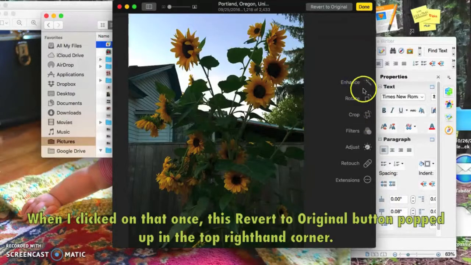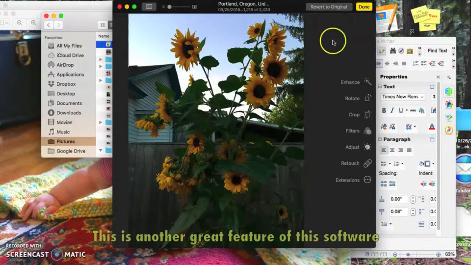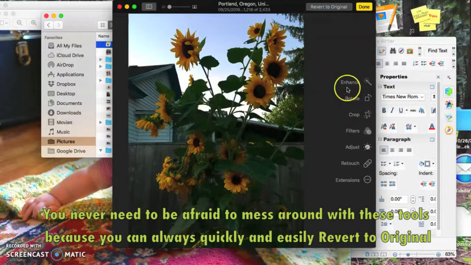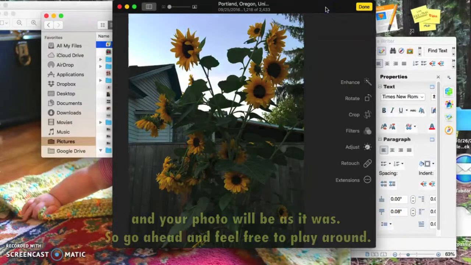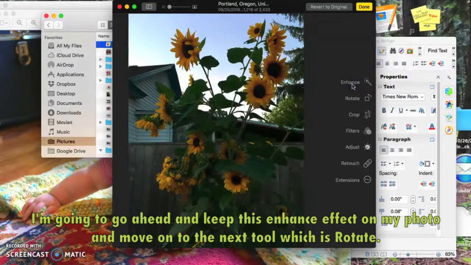And as you can see, as I clicked on it once, this Revert to Original button popped up in the top right hand corner. This is another great feature of this software. You never need to be afraid to mess around with these tools because you can always quickly and easily revert to original and your photo will be as it was. So go ahead and feel free to play around. I'm going to go ahead and keep this enhance effect on my photo and move on to the next tool